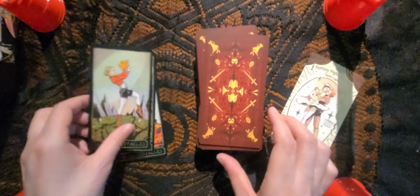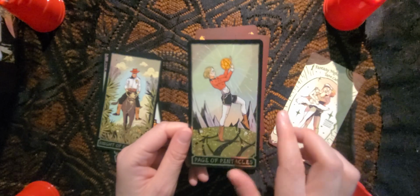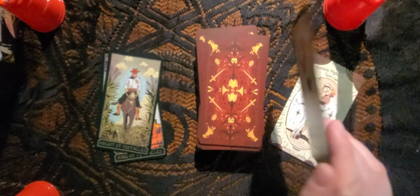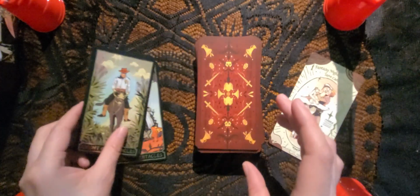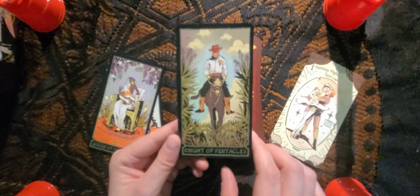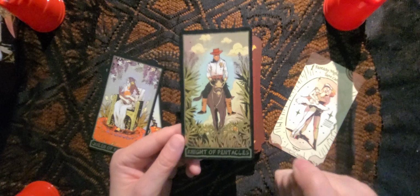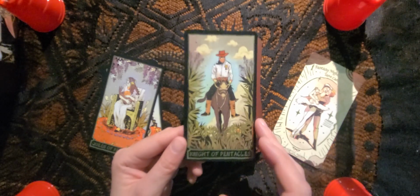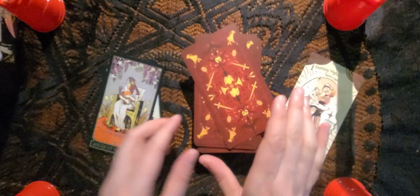Page of Pentacles is right here, focused, driven on what he wants to create with those pentacles, dancing forward with those ideas because he's passionate about them as well. Knight of Pentacles, willing to put in that hard work and effort, no matter how boring and mundane it may seem. There is that illustration of the Knight of Pentacles, that soldier we have to be, the soldier that has to put in the work in order to achieve their goals. You have to put in that work. You have to do the boring things if you're going to find the success and wealth to really lead in your life,